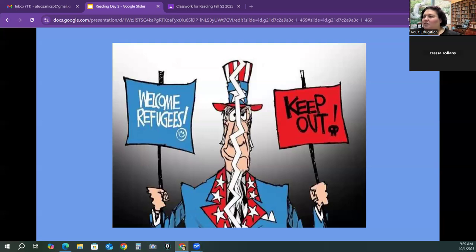So then we have two different signs. We have a sign that says welcome refugees on one side, and then we have another sign on the other hand that says keep out. And then we have Uncle Sam in the middle, and it looks like he is split right down the middle, right? He's got a crack right down the middle. So what does this mean? We can break this down